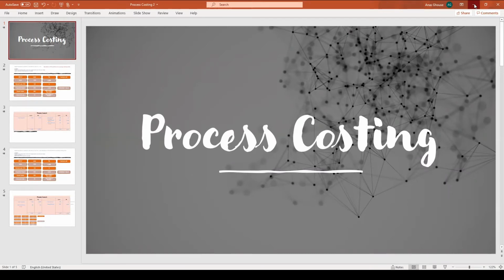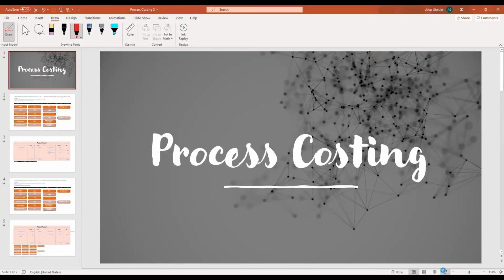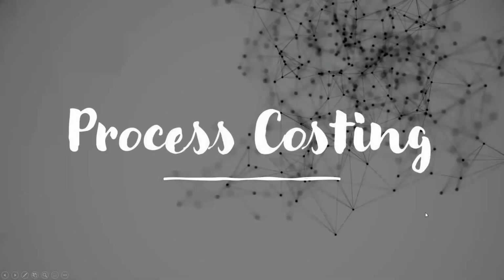In this session, I'll be discussing process costing. These are a series of sessions. I am planning to cover entire process costing problems. So let me start with some basic questions and then we'll move on to rather complex exercises. First and foremost, let's move with a basic question.